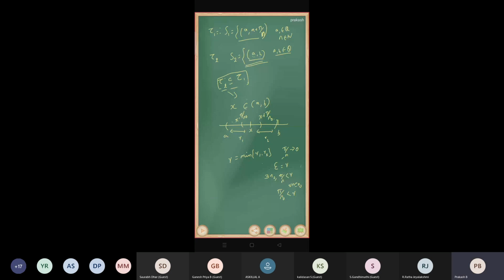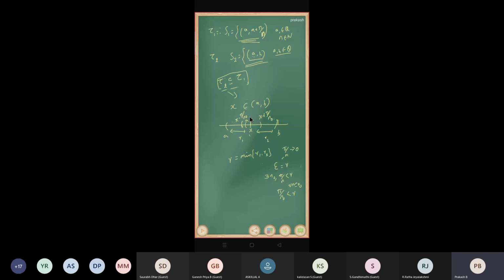Now this x may be rational or irrational. Suppose it is rational, then our problem is finished. We can easily finish, but we will finish it later. Now I'm going to take a rational number in between x minus pi by n naught and x. In between these two real numbers, I can find a rational number. That rational number is called a dash.